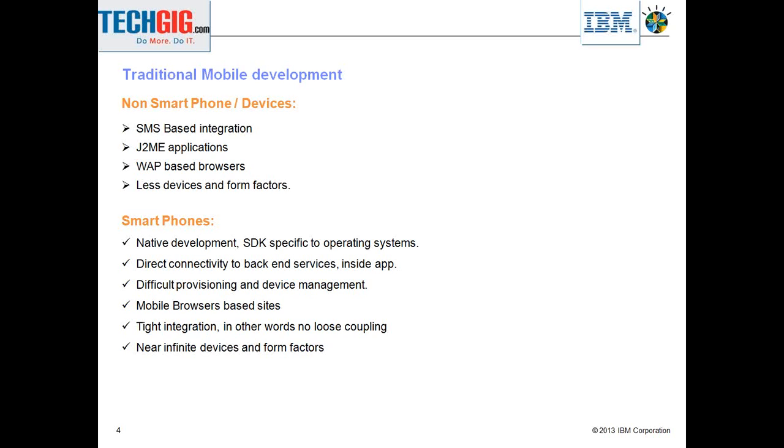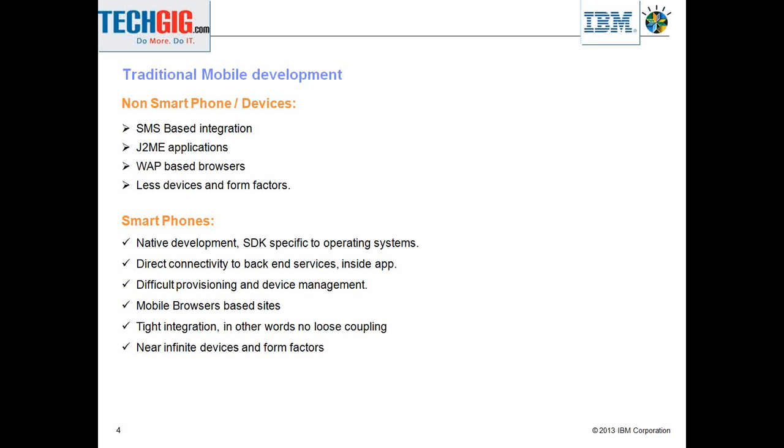Then we had web-based browsers, which had some level of navigation to fetch data and do transactions in a mobile browser. We also had fewer devices, which made testing much easier for developers, and the form factors were limited. That was the non-smartphone. But later, when smartphones got introduced, in traditional mobile development